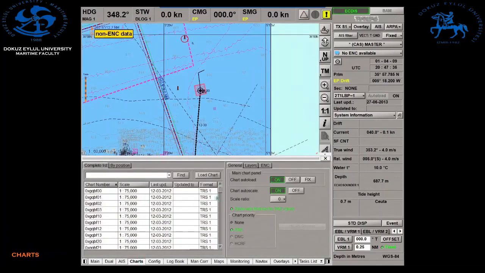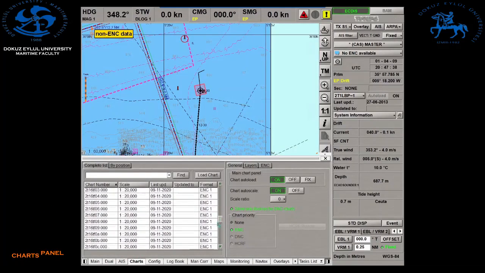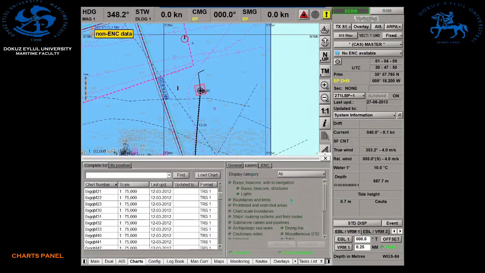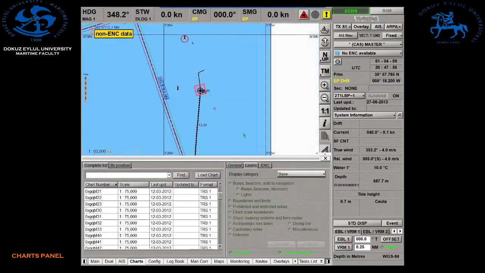The other section is charts. In the chart section, our first section is the panel where we can see our maps and add or remove them. The layers and ENC screens on the right are very important. It is the part where we can set everything we want to see or not to see on the map